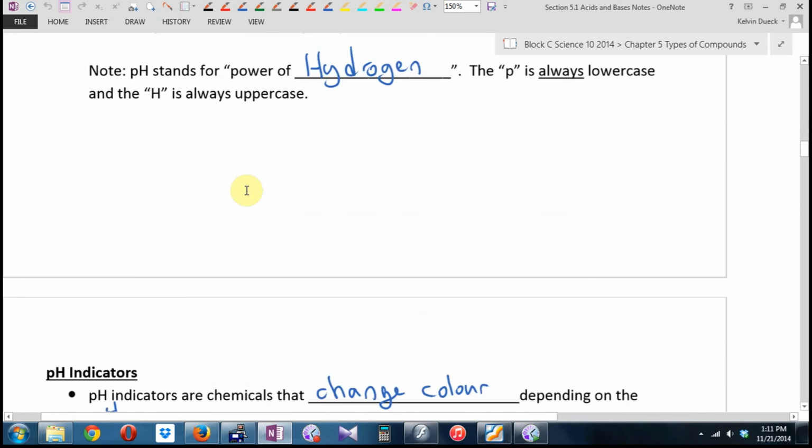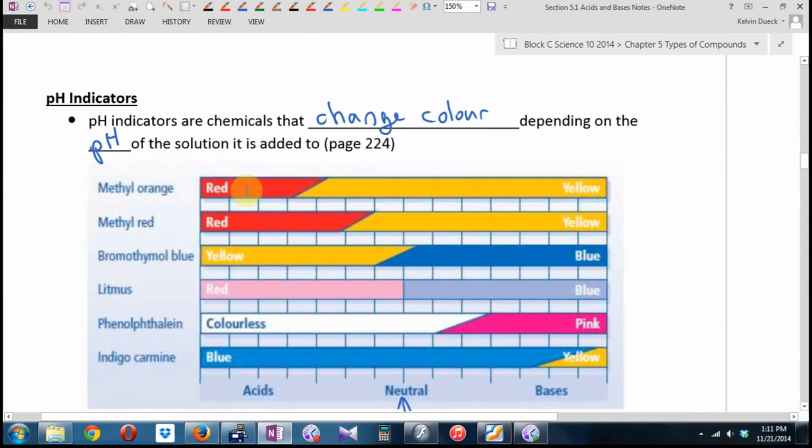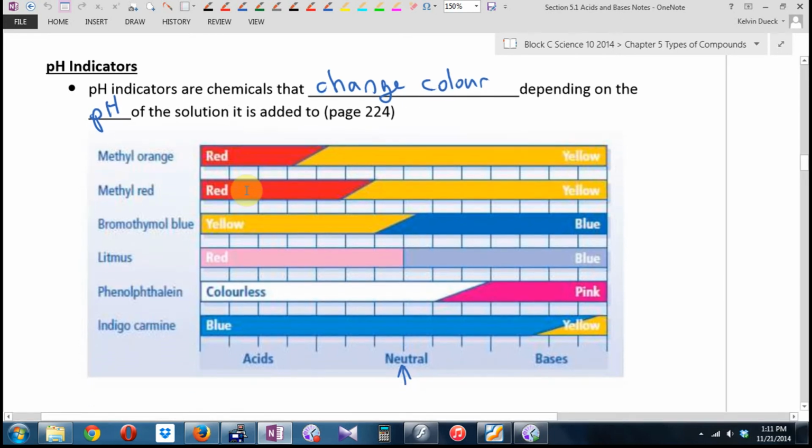So we talked about the pH scale. Then we talked about pH indicators. These are chemicals that actually change color in various pHs. You also have this chart on your yellow sheet. Unfortunately, the chart that you have is not in color, but the colors are labeled so you can kind of